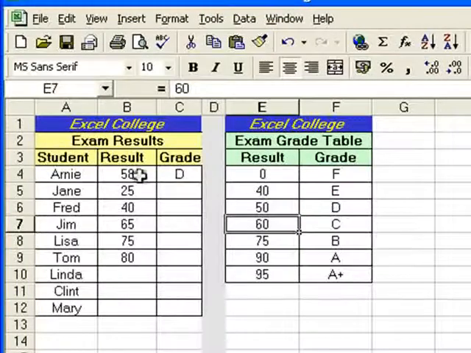And so what Excel does, it takes the number 58 and it looks at the data table and it finds that value in a range between two other values. So in this case it's finding 58 between 50 and 60, so it says yes, it's between that range. Then Excel returns the value that corresponds to the lowest number in that range, so in this case it's 50. So it goes back to 50, brings back